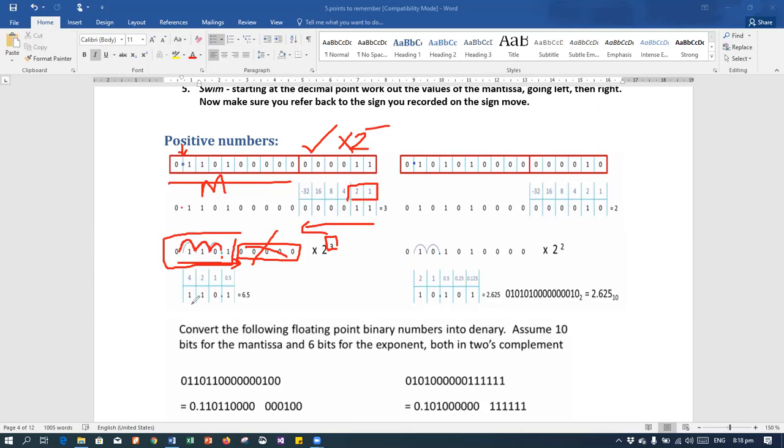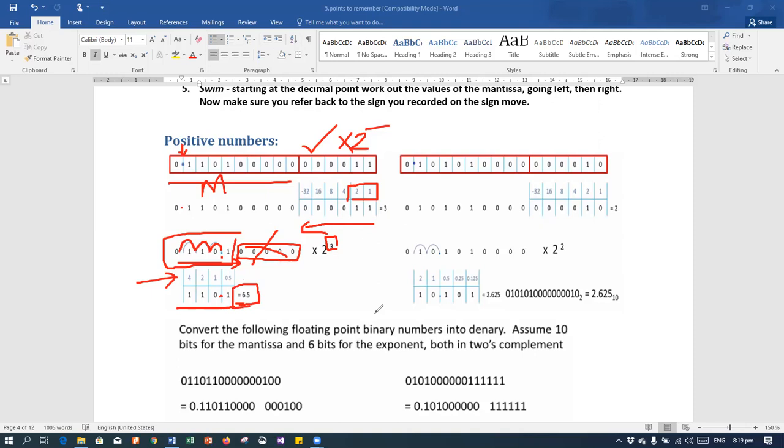And with this, we have the values 110.1. Write them separately, and based on the decimal value, start giving them new position values. That would be 124, because this has become the whole number now, because it is written before the decimal point. And after the decimal point, there is written 0.5. I already told you 0.5 is 2 raised to the power minus 1, or 1 upon 2. So that would be 0.5. This is equal to 4 plus 2, 6. 6 plus 0.5 would be 6.5. Is it clear?